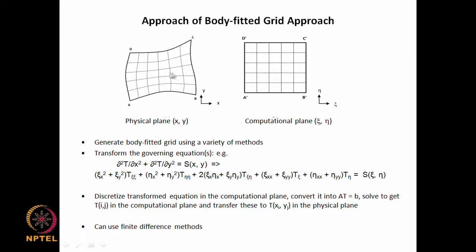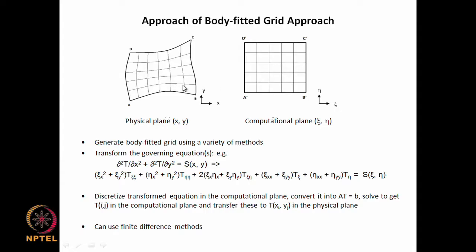So instead of working with a complicated grid like this, we are going to work with essentially a Cartesian coordinate type of grid in the computational plane, but in the physical plane these lines are not linear, they are curvilinear. That is why we cannot make use of the simple Cartesian coordinate system that we have used before. And so we move into the computational plane, where we have this Cartesian type of grid,